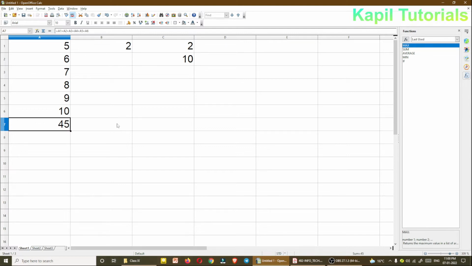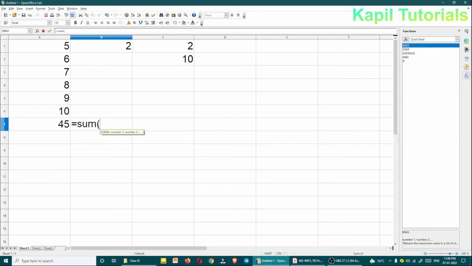Now another way is also there to add the numbers. I can use sum. How to use sum? You have to press the equals sign, then type sum. Now this is a function, a shortcut way.